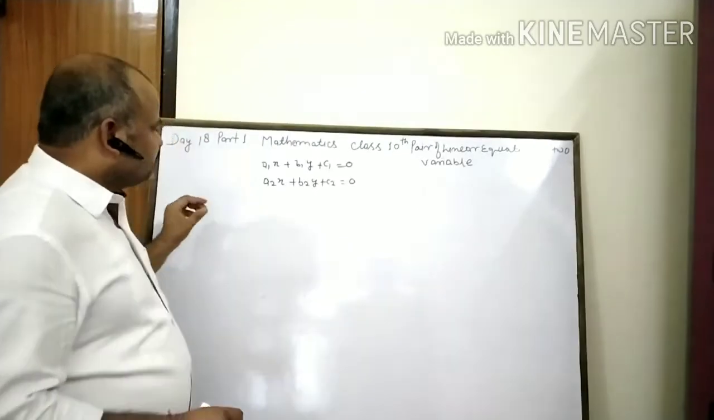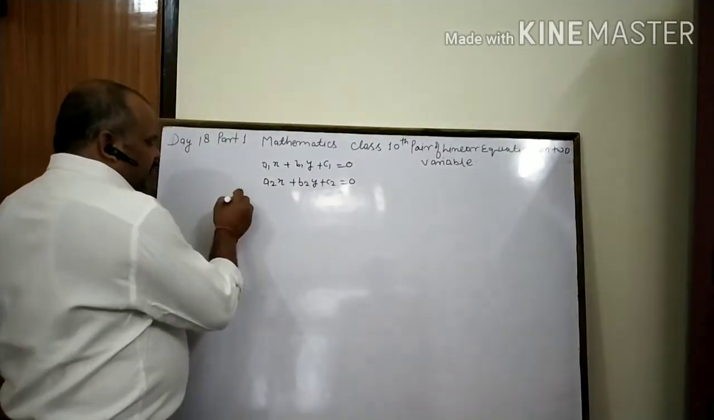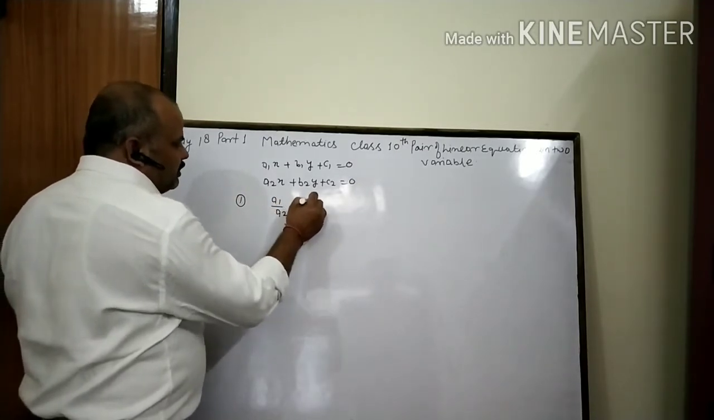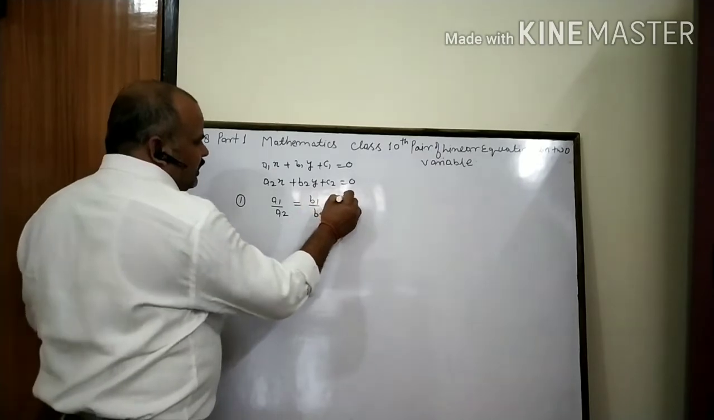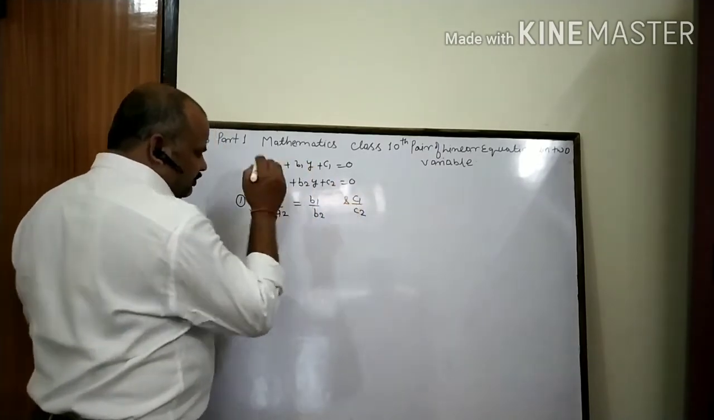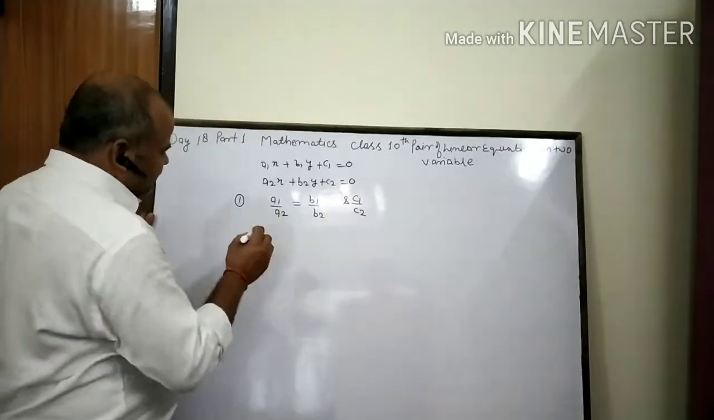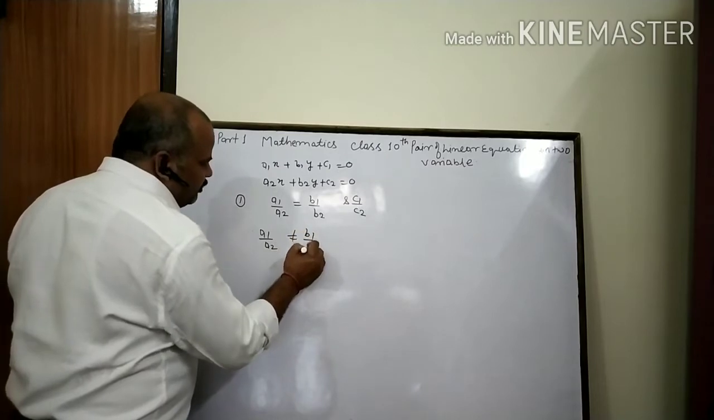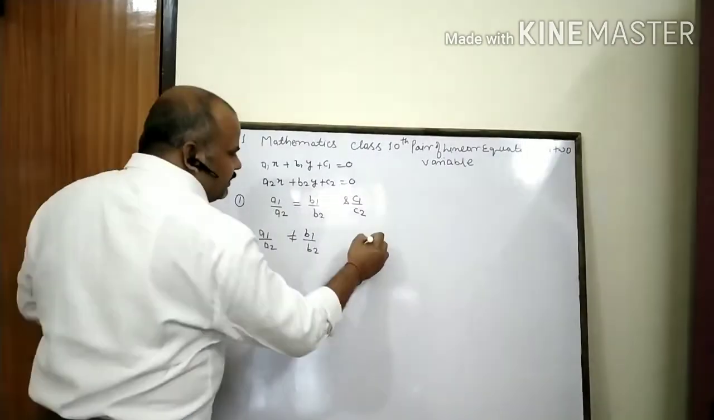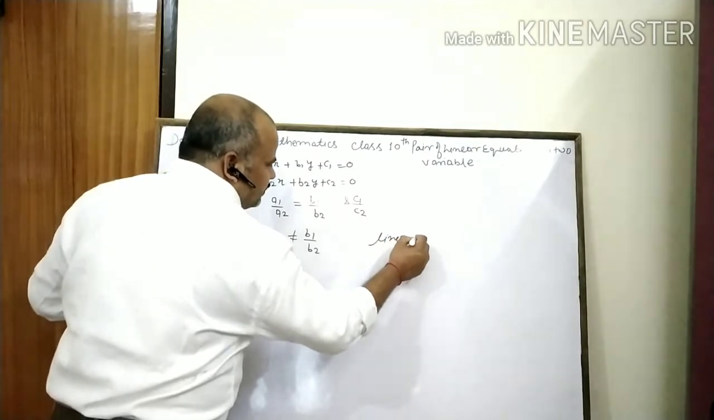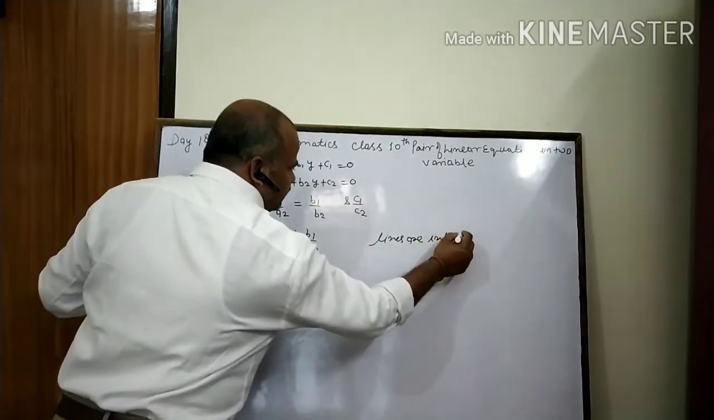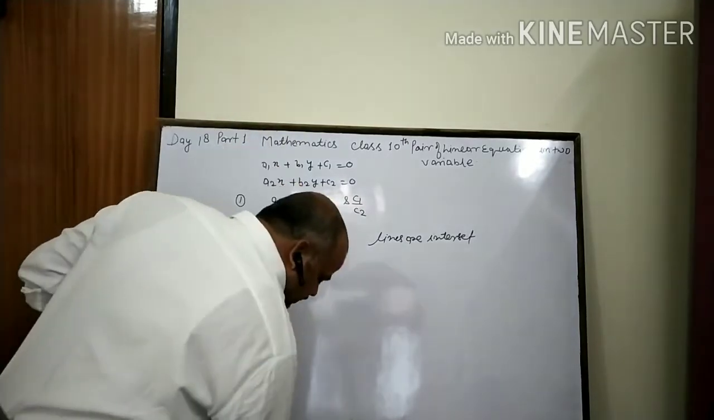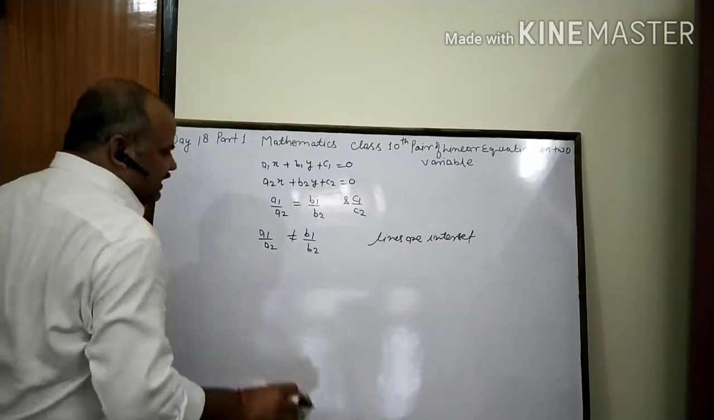That means first of all, you can check what a1 upon a2, b1 upon b2 and c1 upon c2 are. You know that there are three relations. One is a1 upon a2 is not equal to b1 upon b2. Clear? Then the lines intersect. Some students have the problem of how to use this, so if the lines do not intersect,